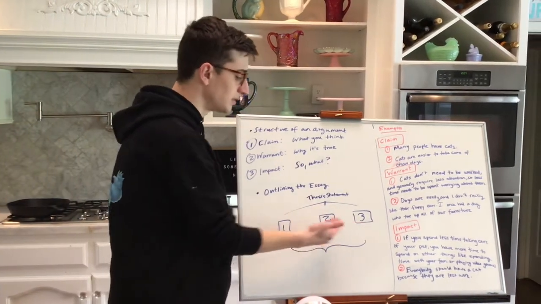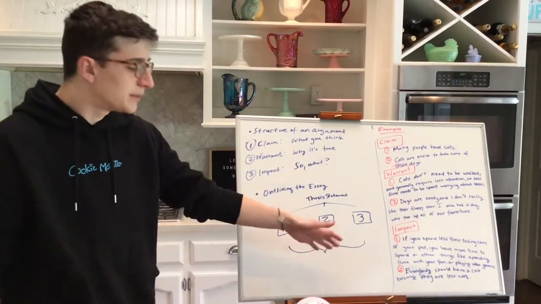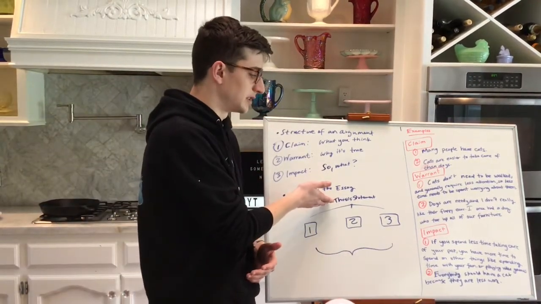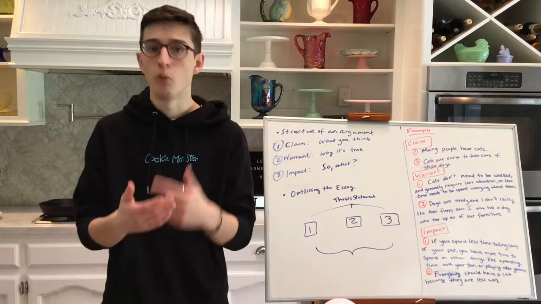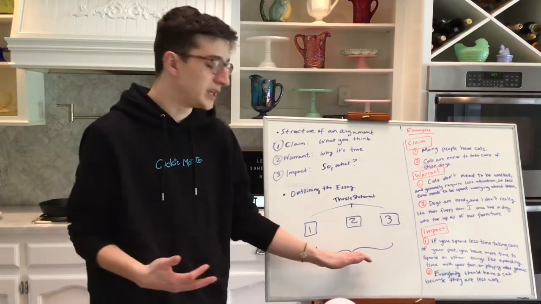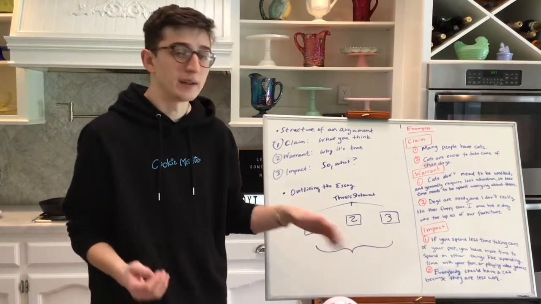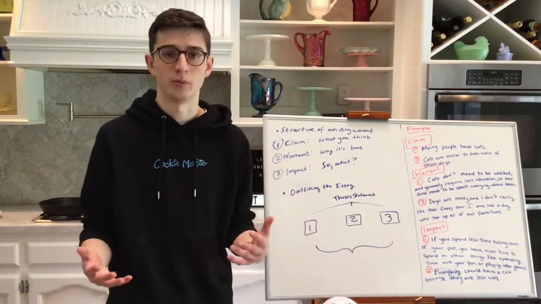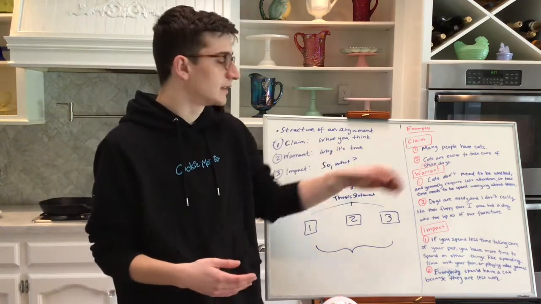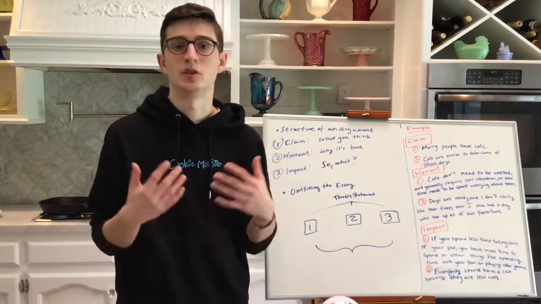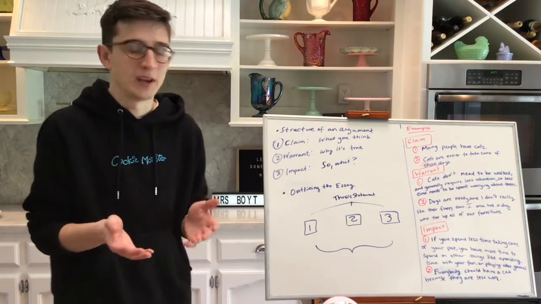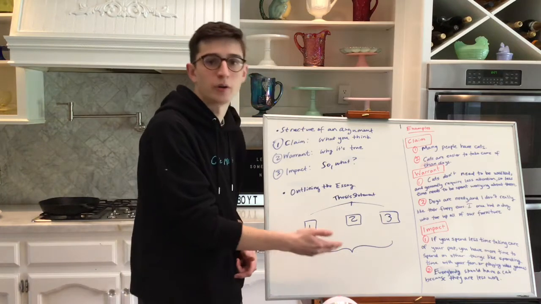Once you have each of these three arguments, then you want to bring them together with a conclusion that ties them all back to the overarching statement. This is where you can add some more impacts to convince your reader that this is really the thing that they should believe. It's also a place where it's helpful to consider some of the counter arguments that might be going against your side. So if I think that many people believe that dogs are cuter, that's something that's difficult to prove. Maybe it doesn't really belong in an essay, but it could be a good counter argument.